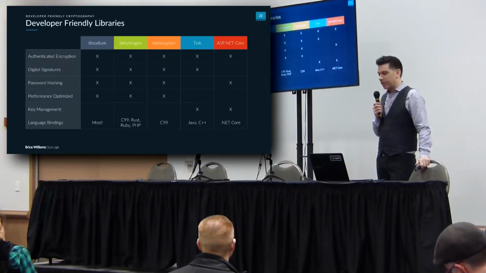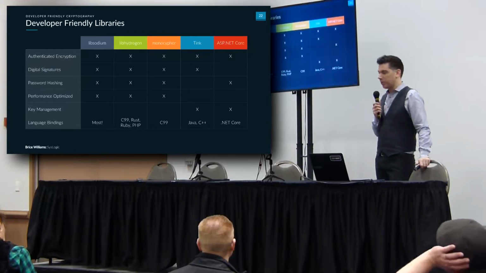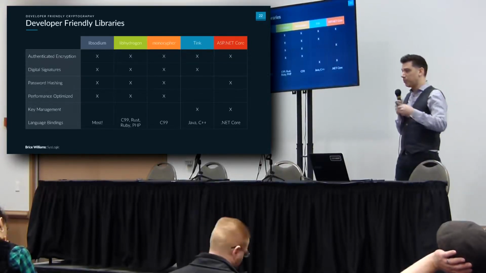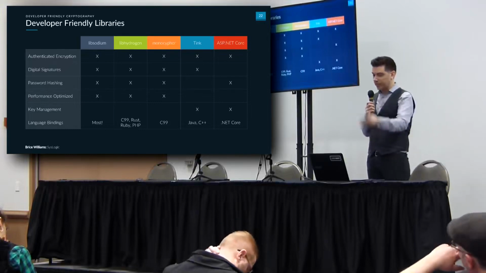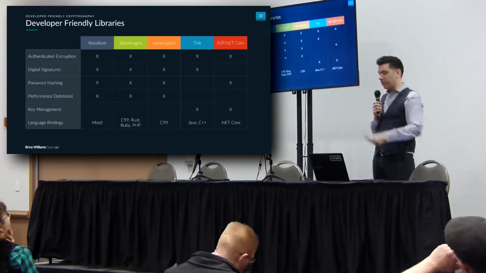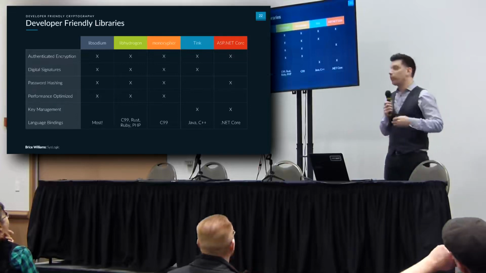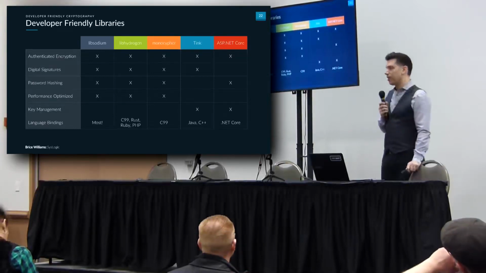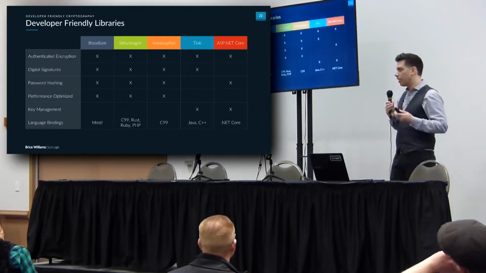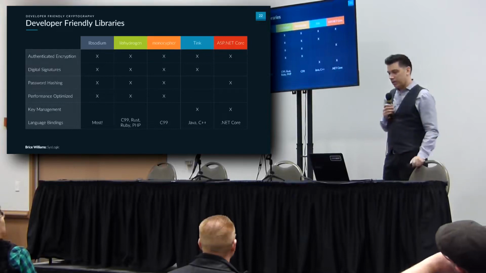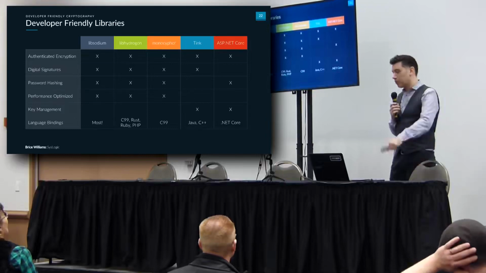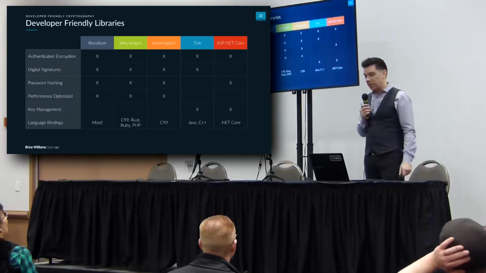Monocipher is another one, pretty nice, not something I would necessarily recommend over the other 2. And then, at the same time, if I was performing an assessment against a system and I saw use of Monocipher or Tink or ASP.NET Core, I would feel more comfortable than with a general purpose library. Tink is another library put together by some Google engineers that is designed, again, to create those high-level outcome-based functionality. It doesn't have password hashing or it's not as performance optimized, and it only works with Java and C++, but it's still a decent option.